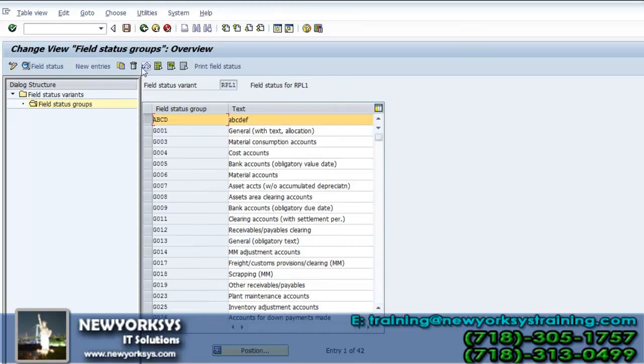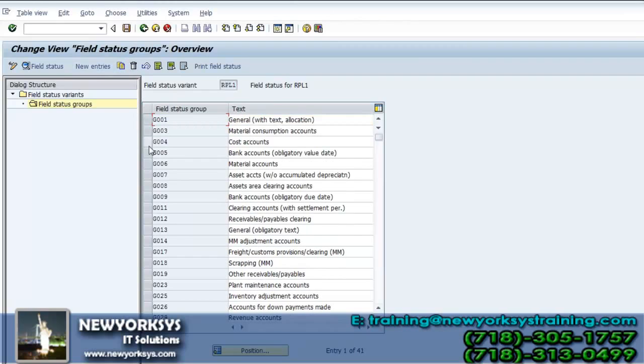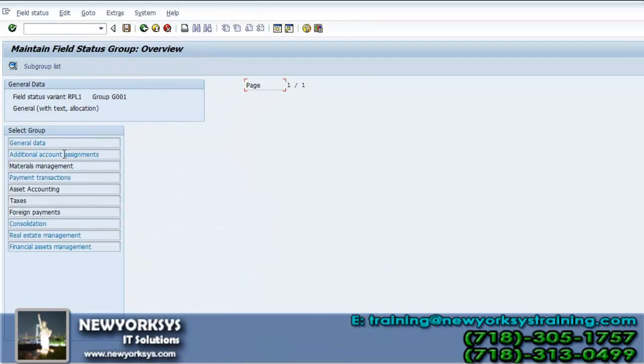It will be like this, 0012, in this manner. This is a field status group which is used for general accounts. So double click on G001. Double click on additional account assignment.